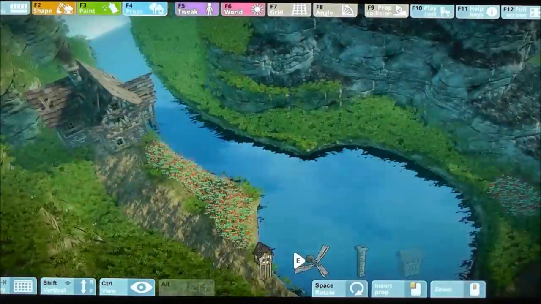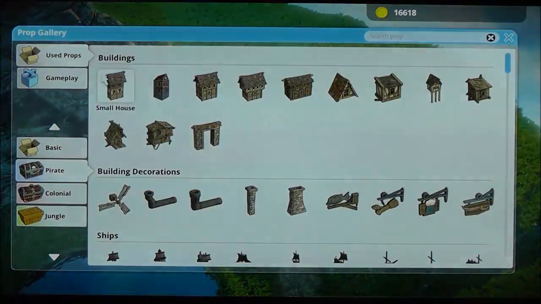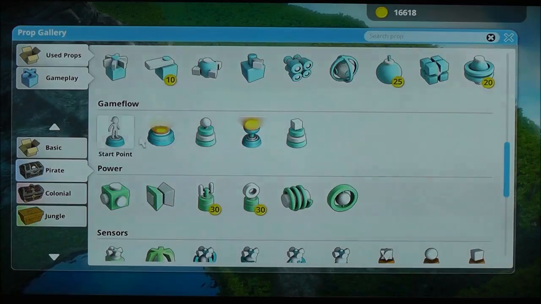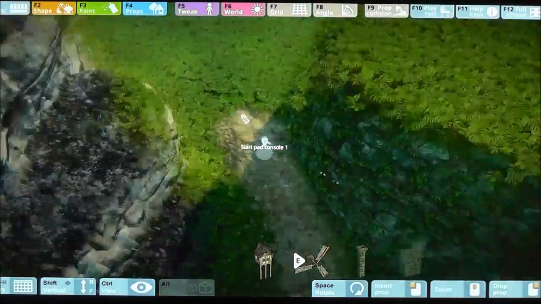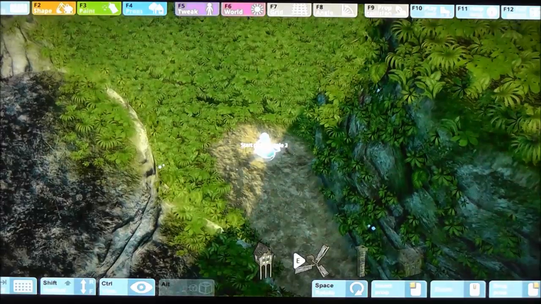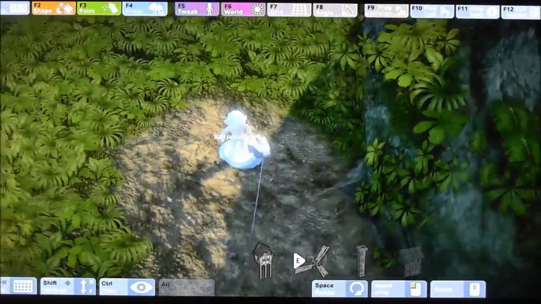Let's define where you start our level. Let's go back over here and find a starting point. For that I'm going to use what's called a gameplay prop. That's basically a prop that's not visible when you play the game, but it's used to set up the level. Here's the starting point. So you go in and say you should start over here, facing that direction. And when you start, the camera, go in and grab the camera there, right there,